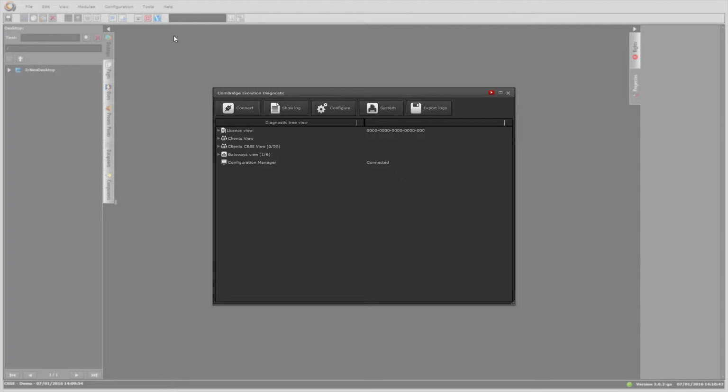In the overview, we can see a summary of the currently used licenses, the clients connected to the Client Manager, the visualizations connected to the CBSE services, and finally the status of the connections of the KNX gateways. In the last line, we can check on the status of the Configuration Manager connection, the service that manages the